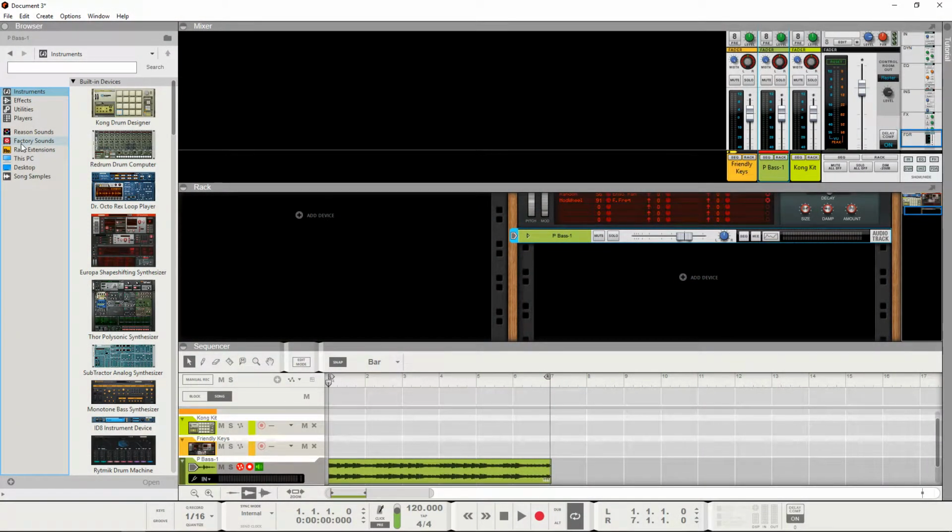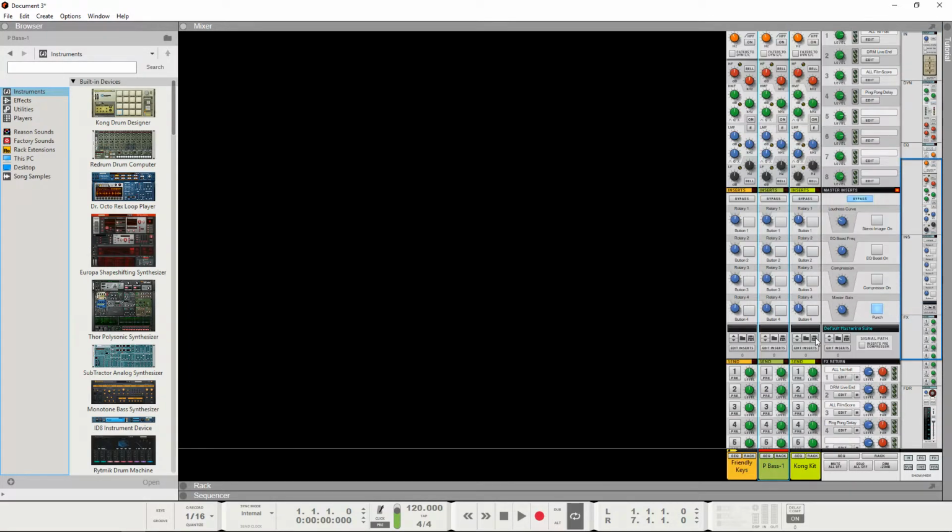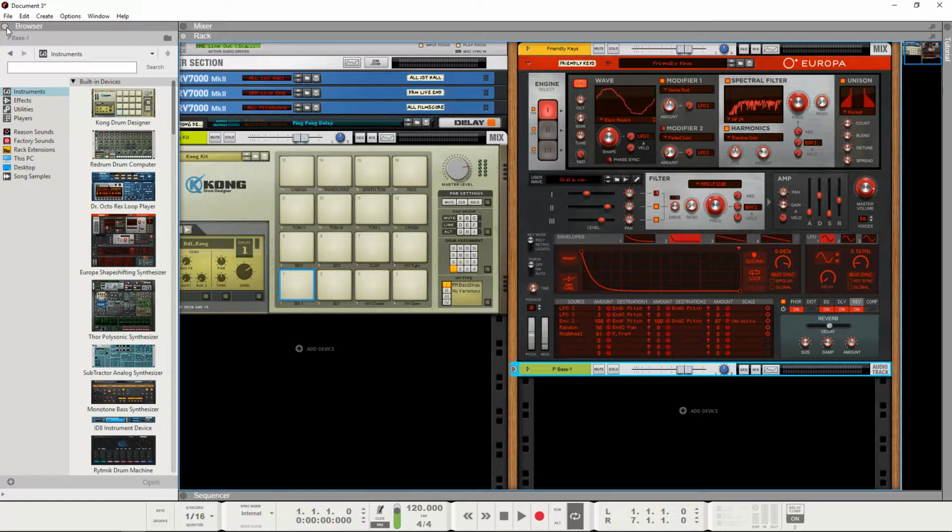At first glance, Reason 11 may look like your typical DAW, but when you dig a little deeper, it's kind of like working in a real-world studio with a ton of outboard gear. You can easily switch between your views. You have the mixer view with your console-style mixer. You have your rack view where you can adjust all of your effects and your instruments.